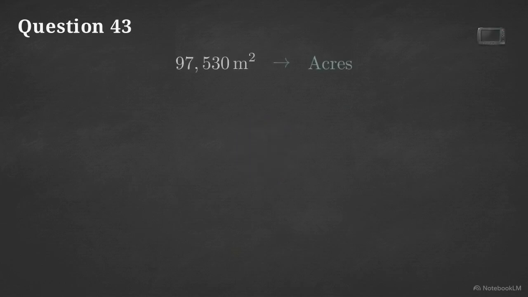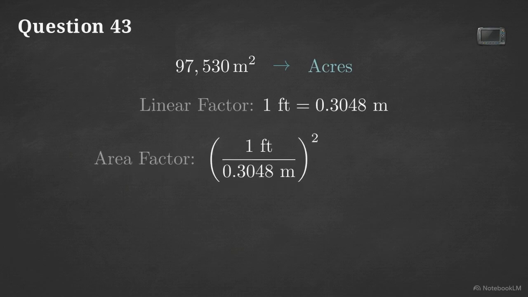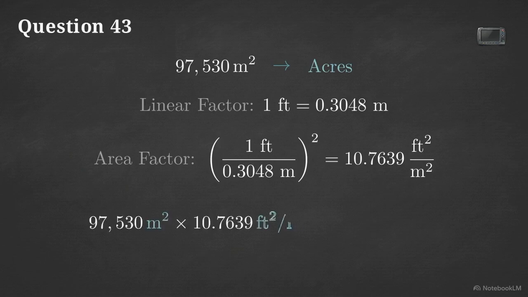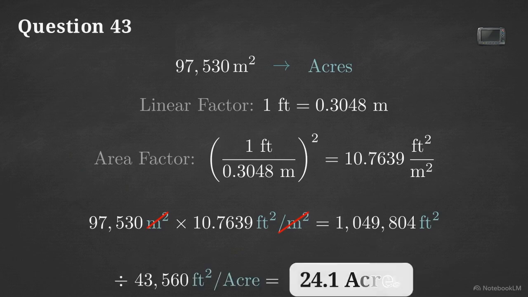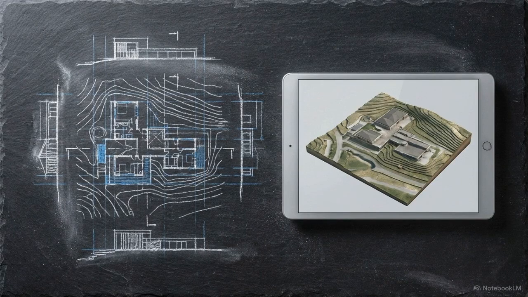Convert an area of 97,530 square meters into acres using the conversion factor of 1 foot to 0.3048 meters. Squaring the meter to foot conversion reveals that 1 square meter equals 10.7639 square feet. Multiplying our starting area by this factor results in 1,049,804 square feet, which converts to 24.1 acres. Successful map scale conversions require rigid adherence to unit tracking to ensure spatial logic is preserved from the paper to